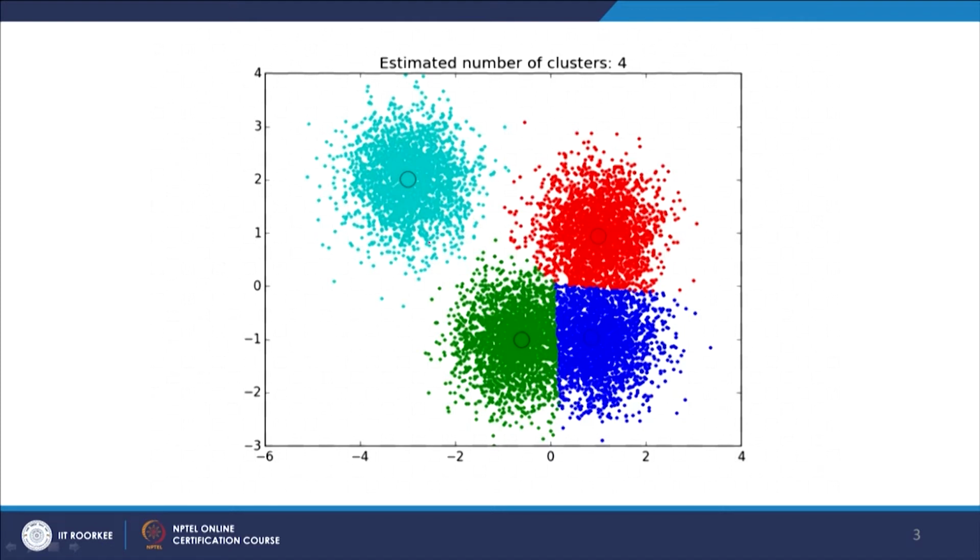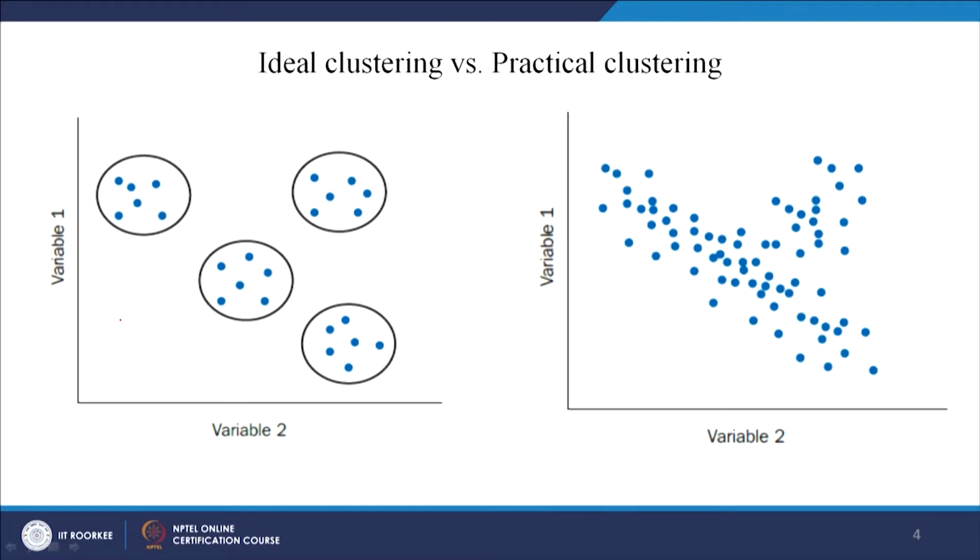So, this could be humans and this could be the fungi, algae and some other kind of plant or something, right. An ideal clustering is basically like this, but nothing comes so clear in real life, right. So, basically the data points are spread out in this manner in real life. So, this is ideal and this is practical. When you are doing a clustering, if the data points are so clearly and distinctly separated, then there is nothing like it, but it does not happen in real life.